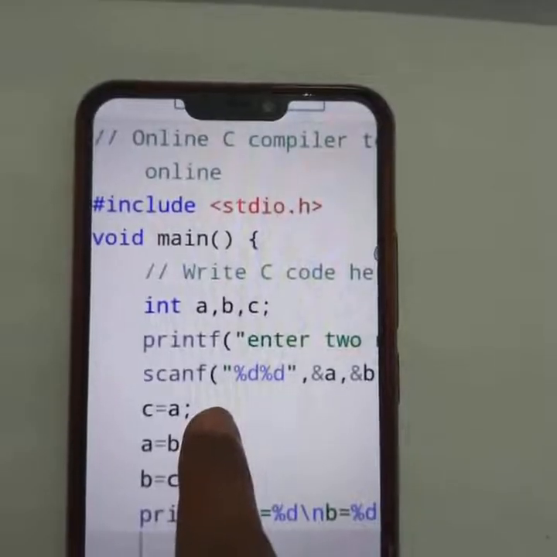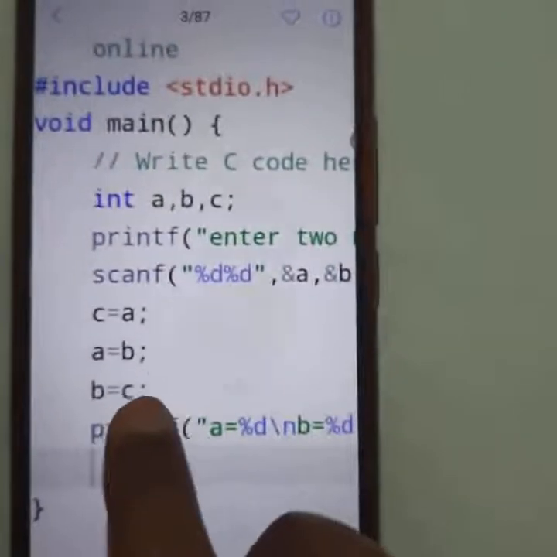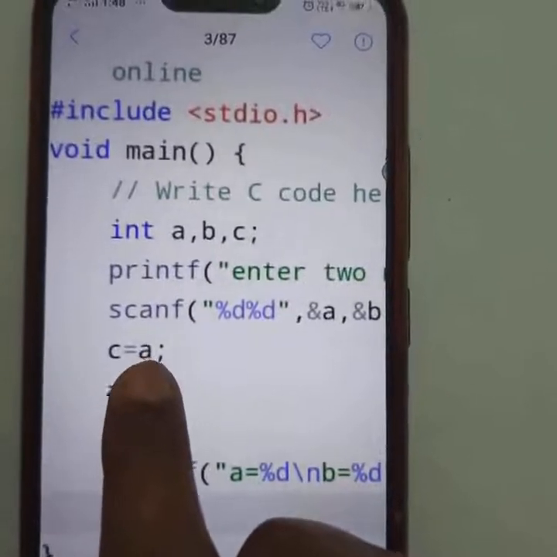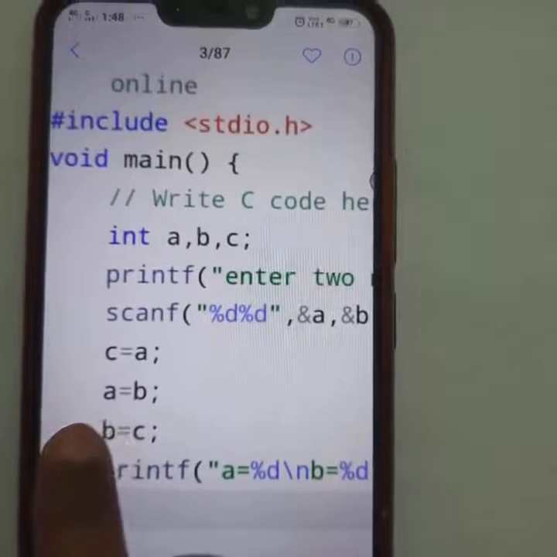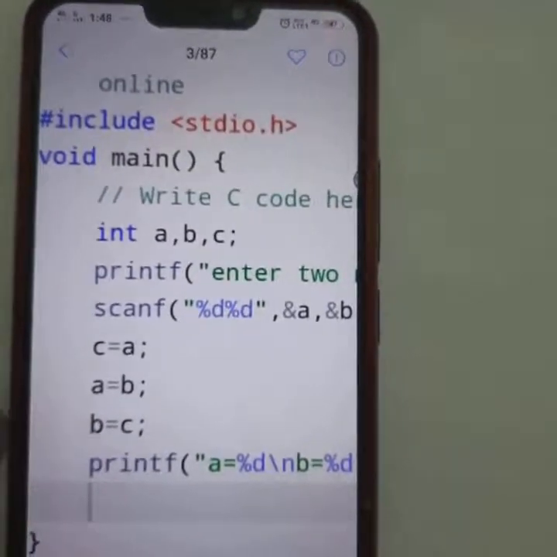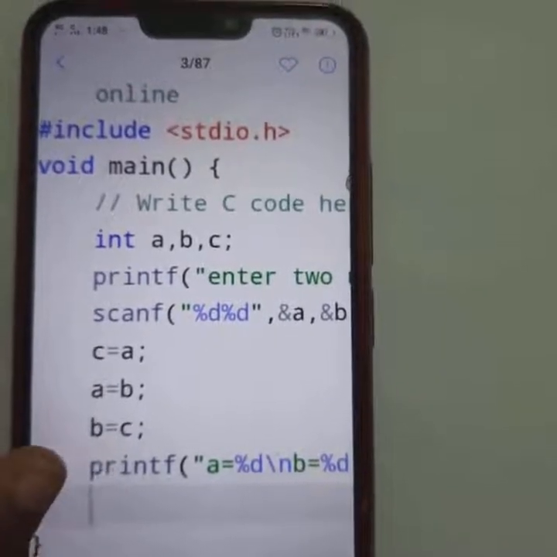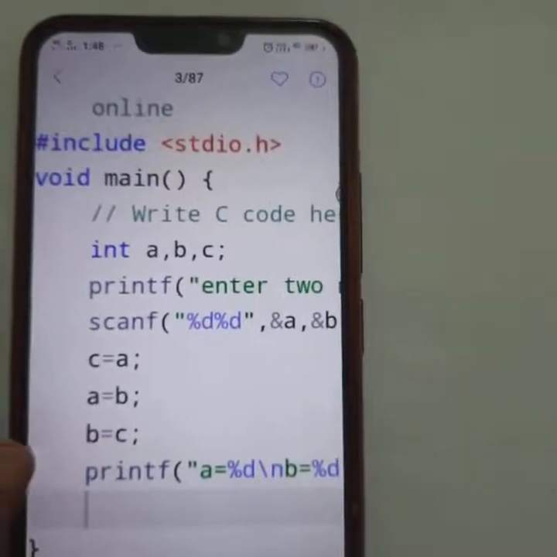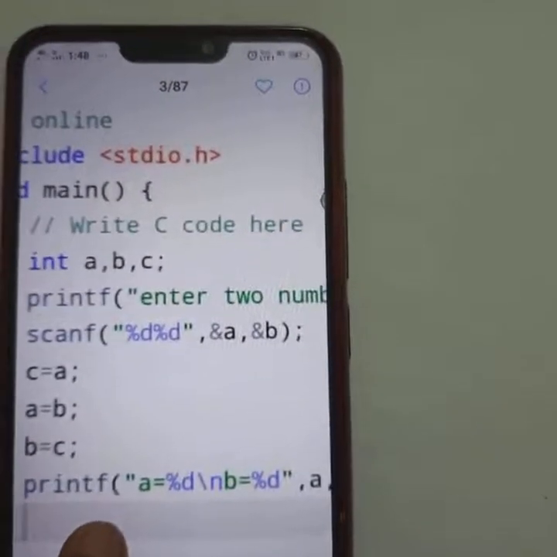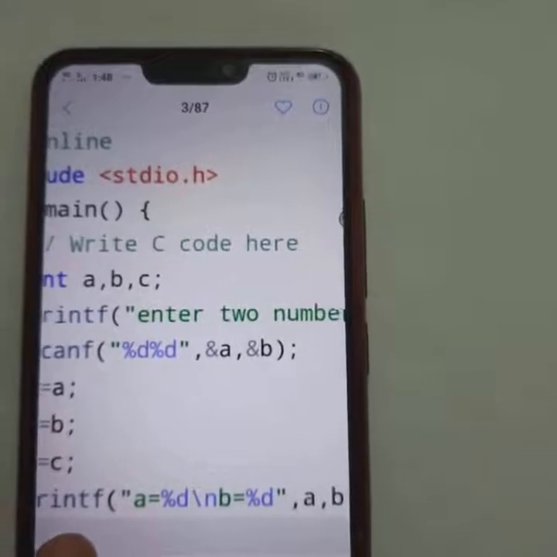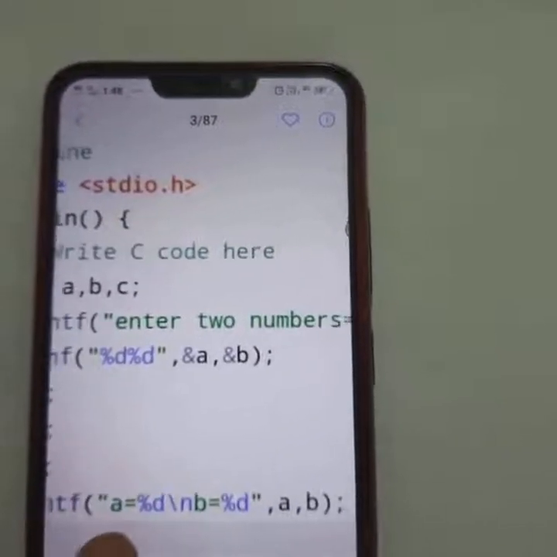A has one number; I will assign the value of a to the c variable. Next, the value of b will be assigned to the a variable. And the first value, which is a's value stored in the c variable, will be assigned to the b variable. Swapping is done here, and I print the values of a and b, the changed values, using the printf function.